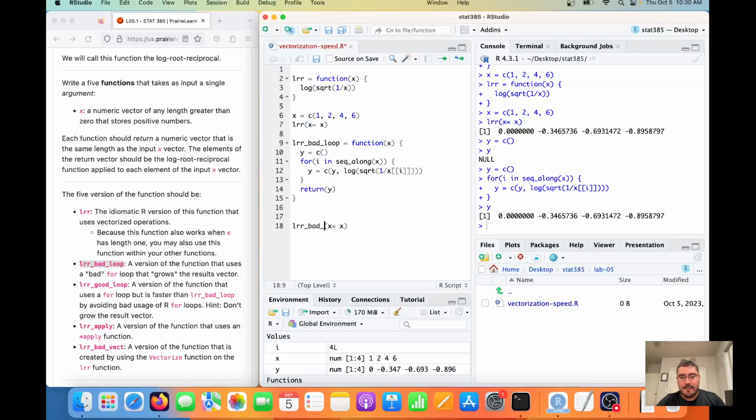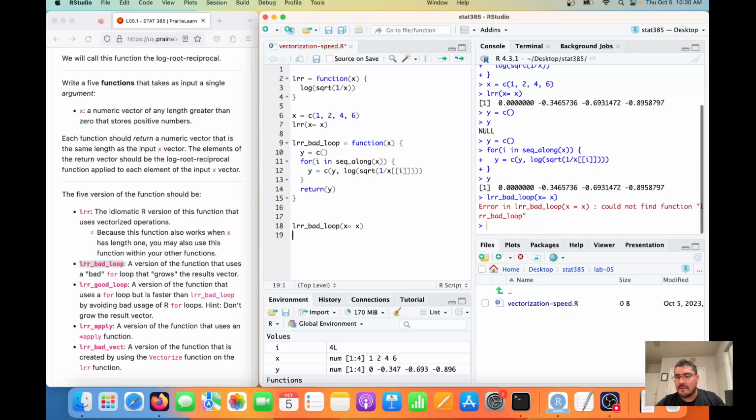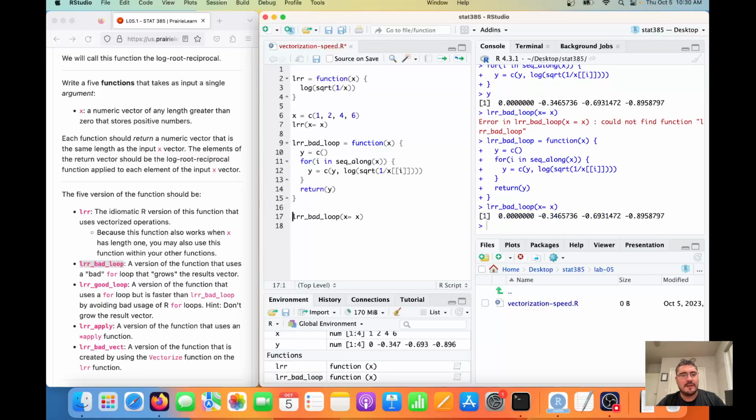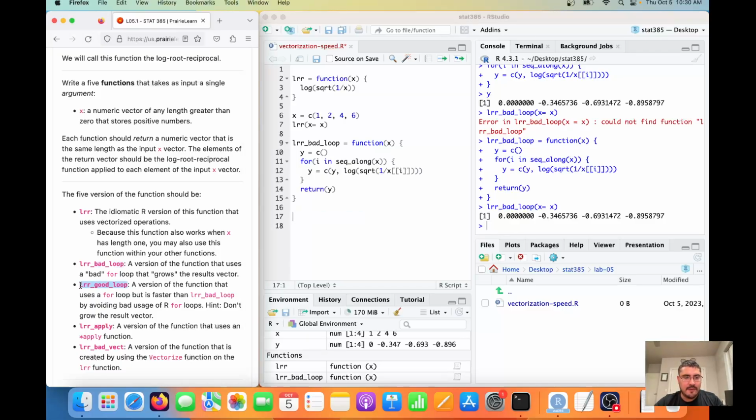LRR bad loop. I didn't declare it. Okay, there we go, it works. Right now it looks like it works relatively fast, but we'll come back to that. Now let's do a good for loop in which we don't